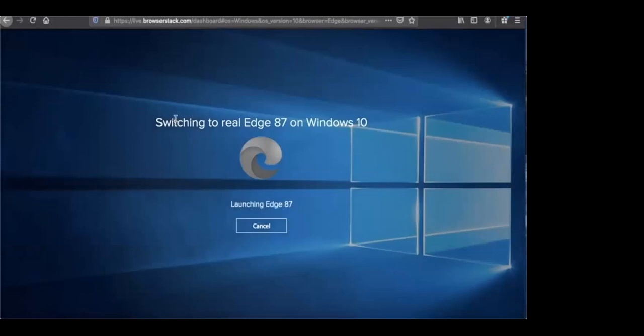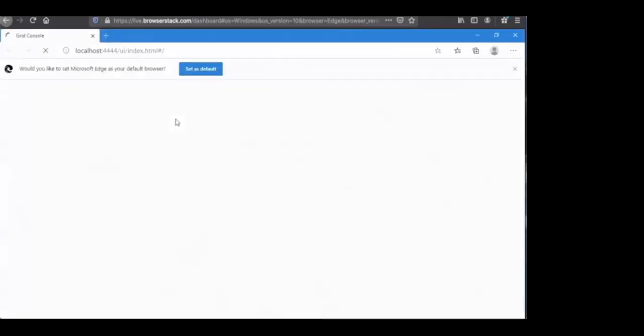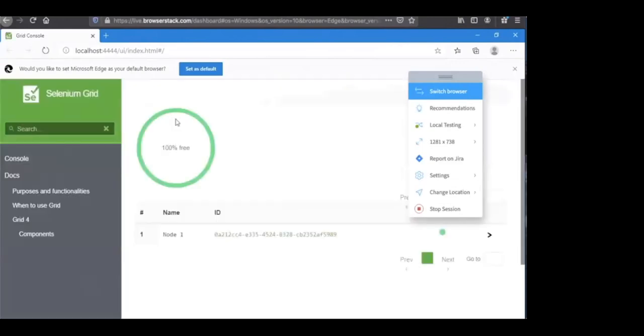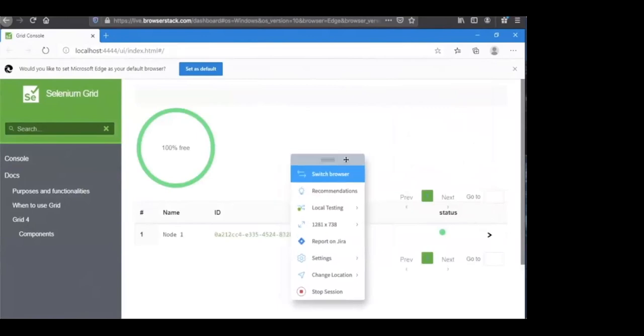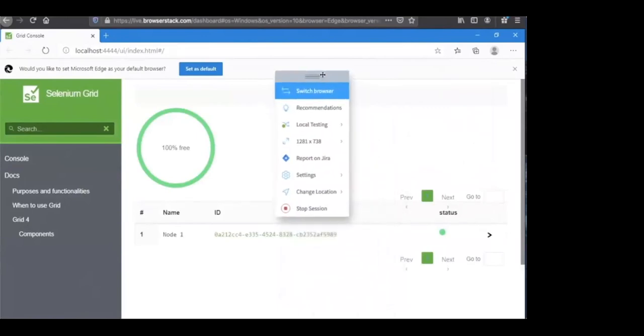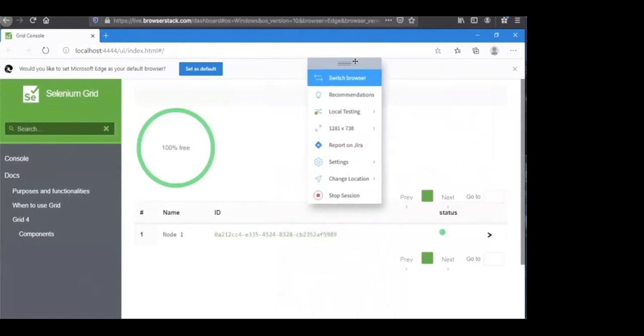We'll just pick Edge 87. Okay, so that's looking better. That's loaded, and we have all this.